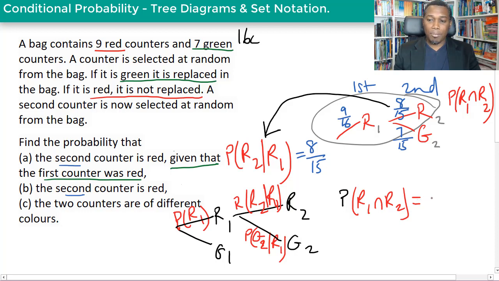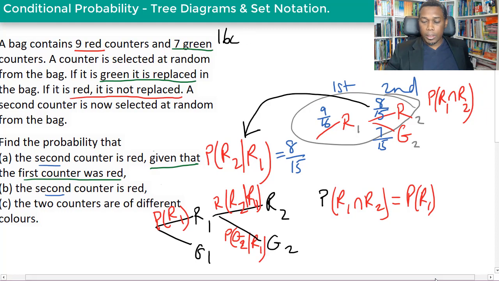And that means that the probability of red 1 and red 2 is equal to the probability of red 1 multiplied by the probability of red 2 given red 1. That's the probability of getting there. Probability of red 1 intersection red 2 is the probability of red 1 multiplied by the probability of red 2